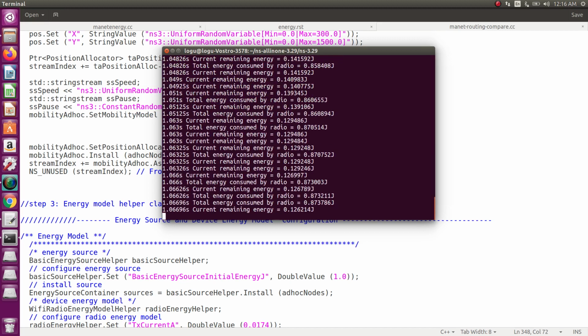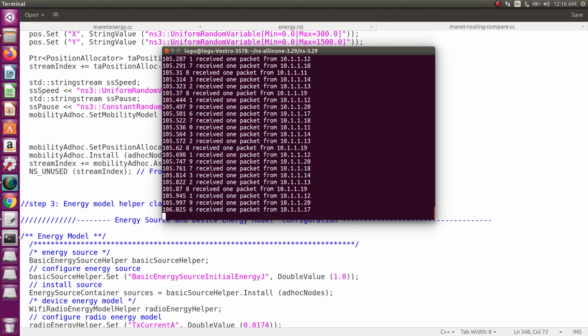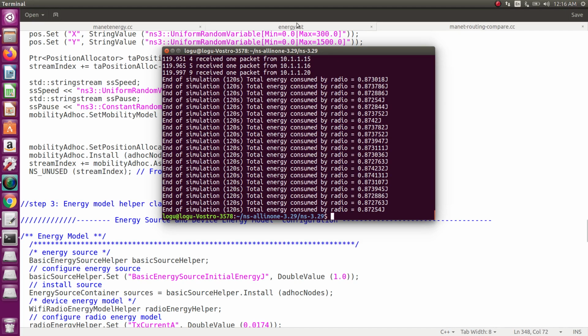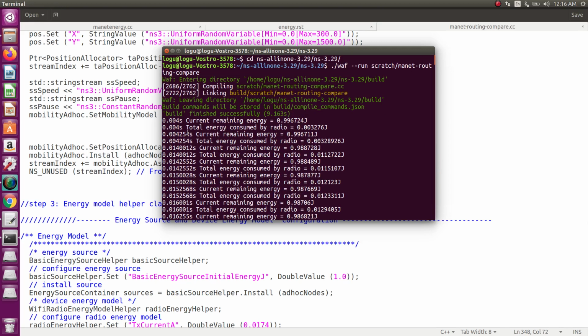Okay, so now we are getting the energy consumption values. First, at 0.004 seconds, the remaining energy is in joules.